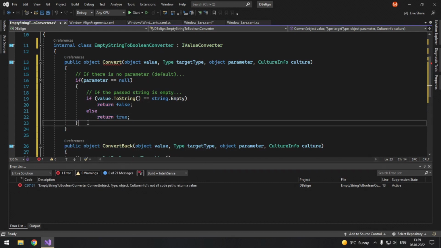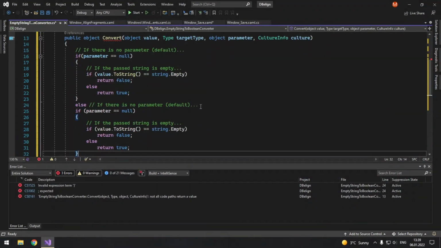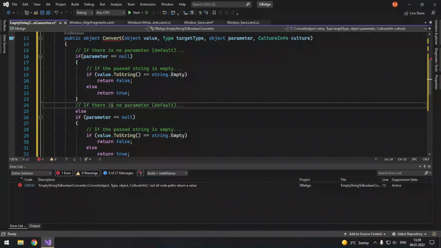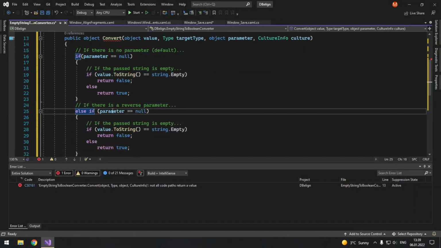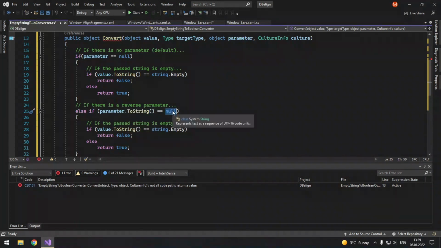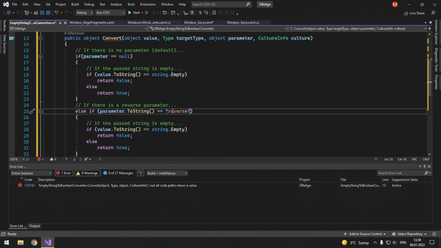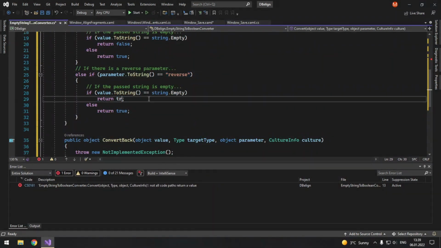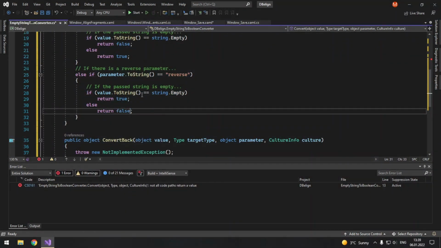And it may not be very intuitive, so we will add an option with a parameter. If there is a reverse parameter, it's not default. Else if parameter.ToString equals reverse, then we check if the passed string is empty, then we return true, and here we return false, which is vice versa.